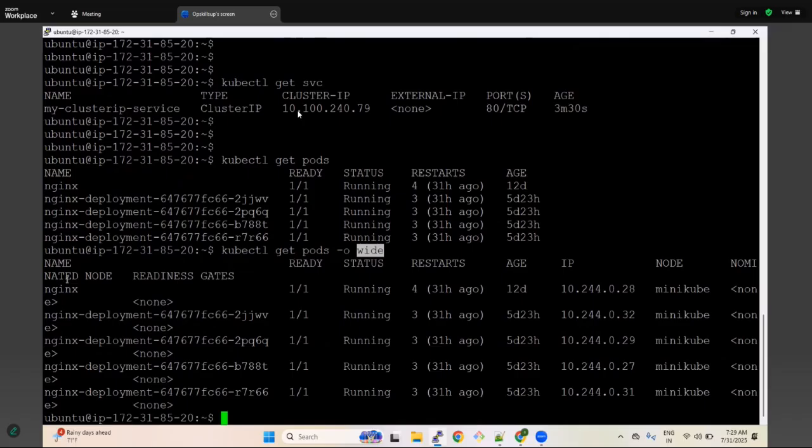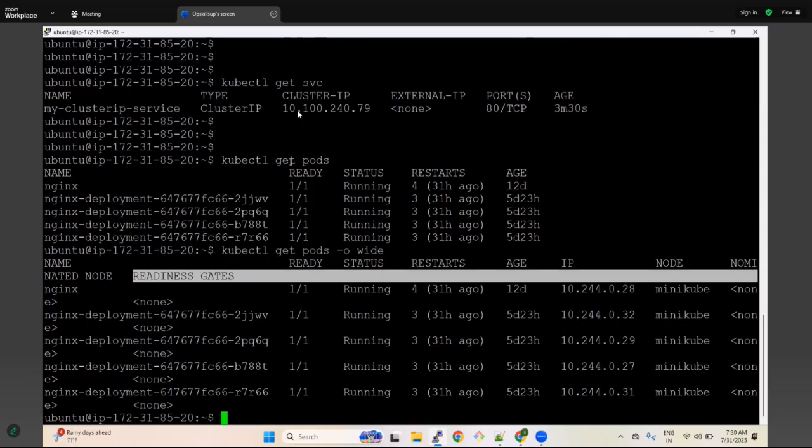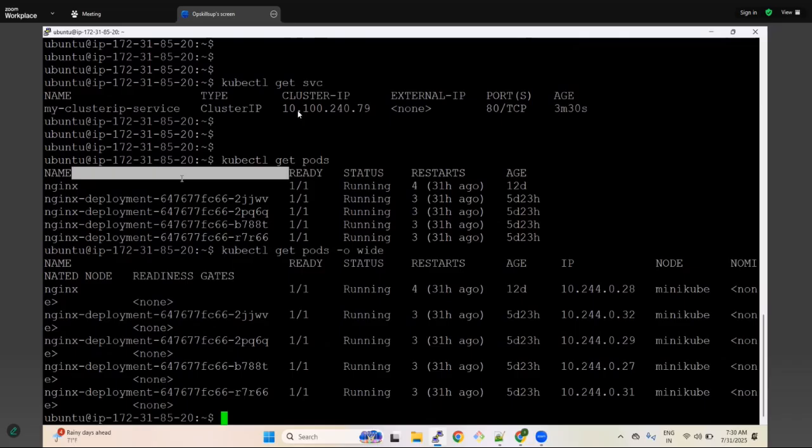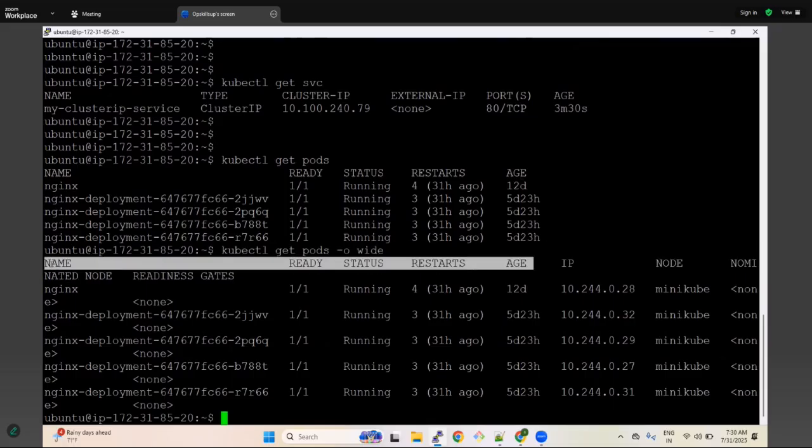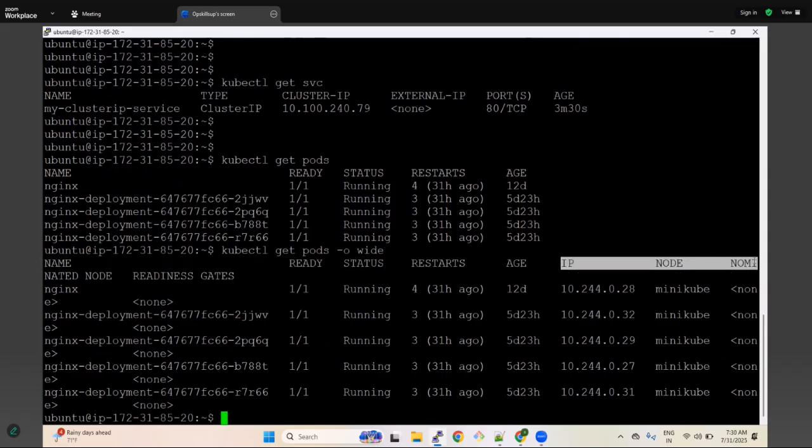Okay, so are you able to see the readiness gates here in the first command? No, right? It is currently showing none, the readiness gates. And the ready is 1/1, the status is running, and restarts every 4 or every 3 seconds it will restart, and the age is correct, right? Now we are getting